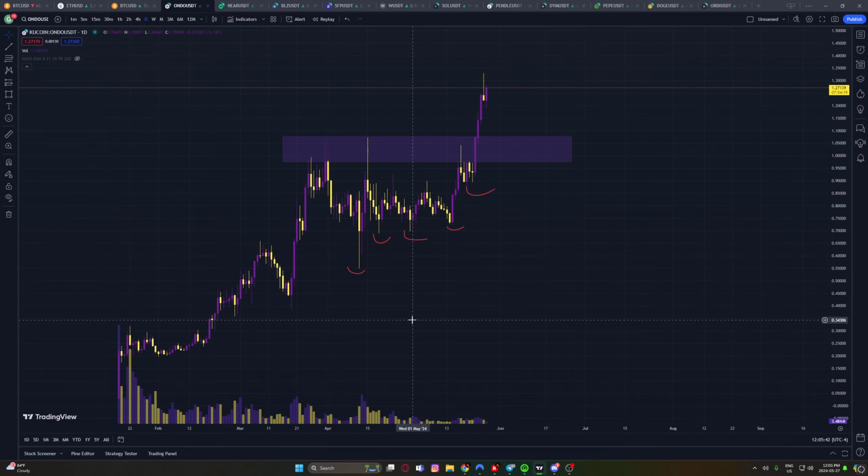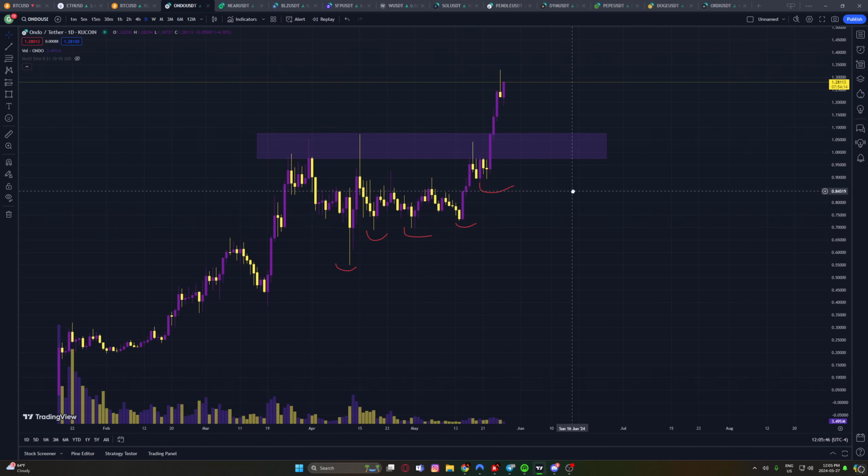Now let's look at Ondo and let's look at how similar Near is. So it had a similar play. Okay, we'll go over it. We got these higher lows, they're very minimally higher. And they're not touching this resistance zone, so it's not exactly the same. But it still ended up performing well. If we go to the 4-hour time frame,